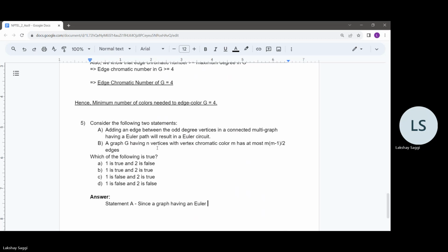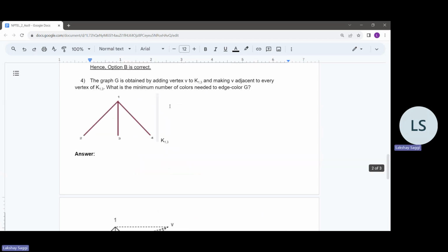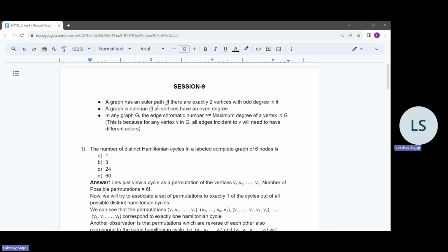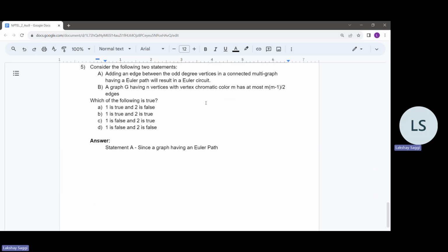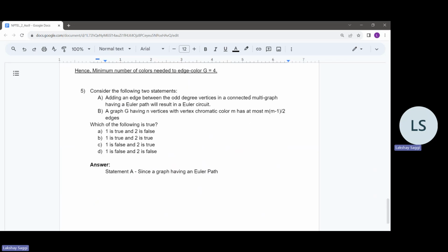So we discussed in the preliminaries initially, like I mentioned, that a graph has an Euler path if and only if there are exactly two vertices with odd degree, right? In the question, we are given that the graph has an Euler path, and then we add an edge between odd degree vertices. So since a graph having an Euler path has exactly two odd degree vertices,